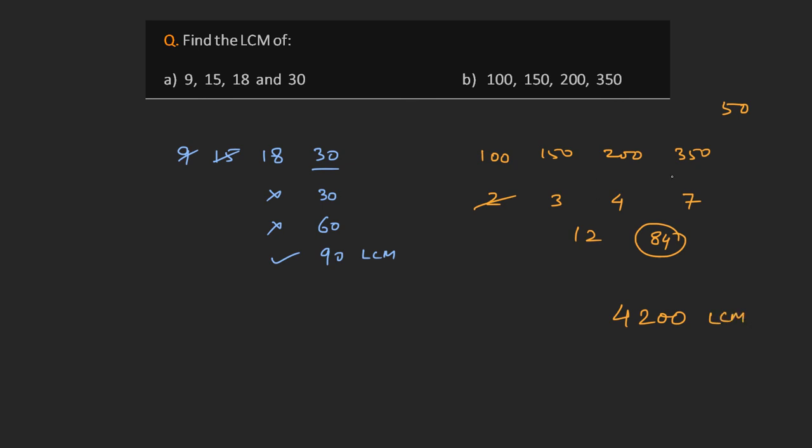Alright, here's one final trick before we conclude this video. Sometimes we need to find the LCM of two numbers that have no common factors. For example, 5 and 7, or 11 and 15. In such cases, the LCM is simply the product of the two numbers. So, 35, and 11 times 15, 165. And this idea can also be extended to cases where you have more than two numbers. You must just make sure that no two numbers have a common factor.